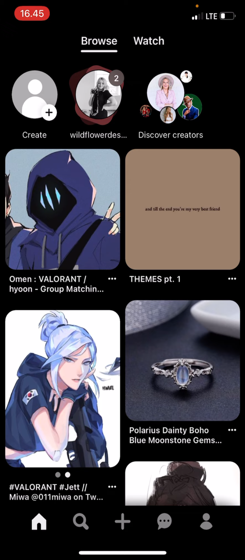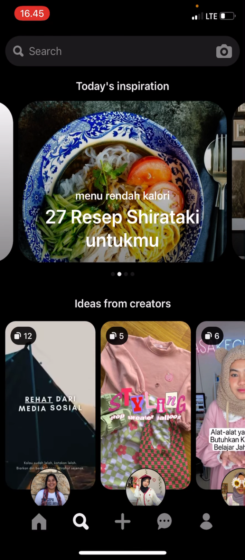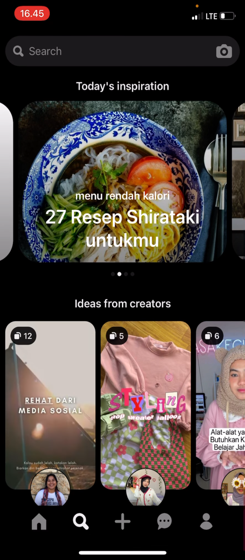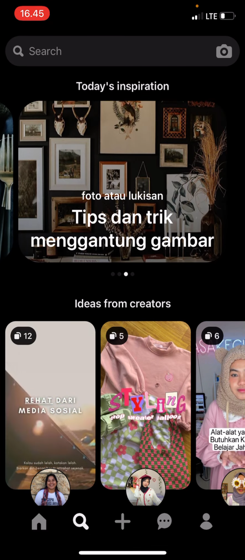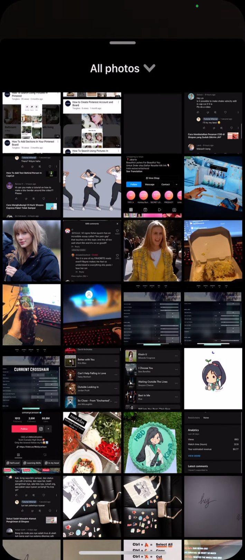In this video I'll be showing you how you can search on Pinterest by using a picture. So select the search button, which is the second icon on the bottom tab, the magnifying glass icon. Click on the camera next to the search tab right here, and I'm just going to select from my photos. So click on the square that has my media, and I'm just going to select a picture